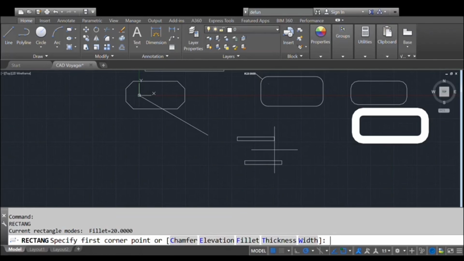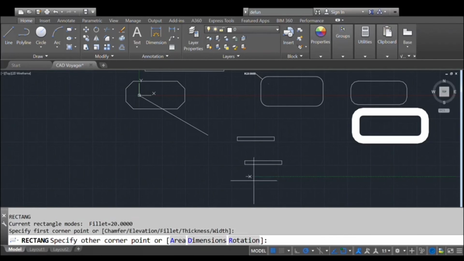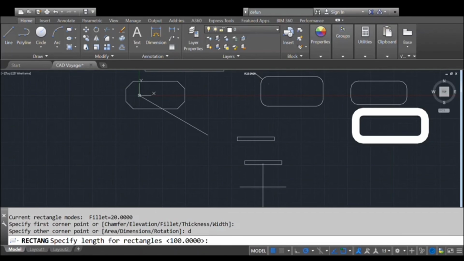Again, I am going to draw another rectangle with dimensions. First type REC and enter. Then it asks to specify the first corner point. After specifying it, in the displayed options you select dimension or press D and enter. Then it asks to specify the length for the rectangle. Length I have entered 100, and then it asks for width.